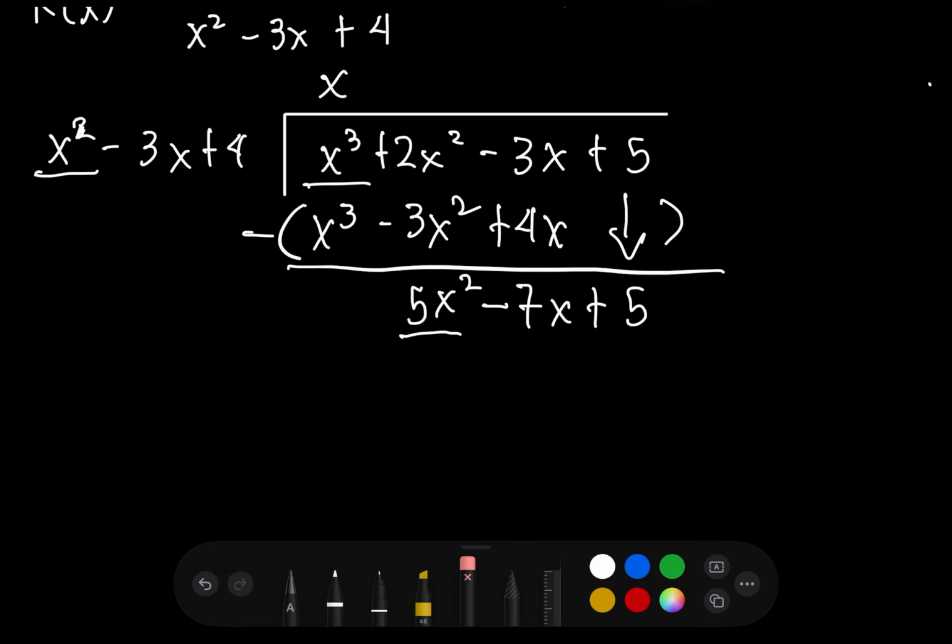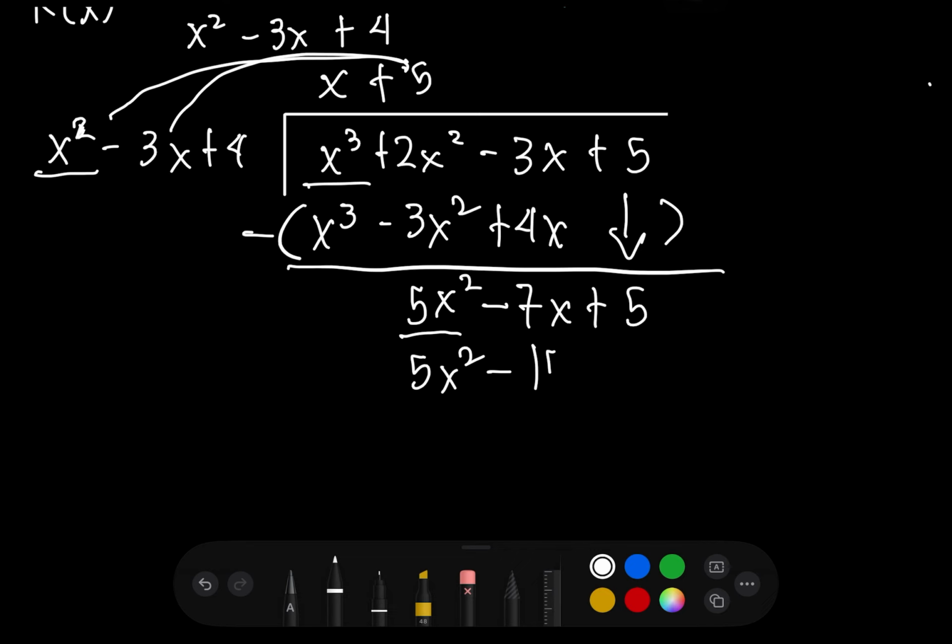Okay? So, in here, we just have plus 5. Then again, repeat the process. Multiply 5 to each of the term, that is 5 times x squared, which is 5x squared, 5 times negative 3x, that is negative 15x, and 5 times 4, that is 20. Then subtract,